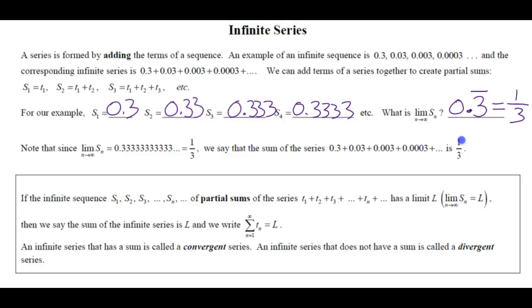All right, now if an infinite sequence S1, S2, S3, up to Sn, of partial sums of the series T1 plus T2 plus T3 plus Tn, etc., has a limit L, that is, that this exists, that there is a limit of S sub n as n approaches infinity, it is L. Then we say the sum of the infinite series is L, and we write this notation,